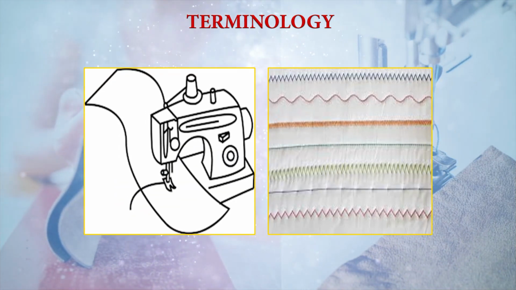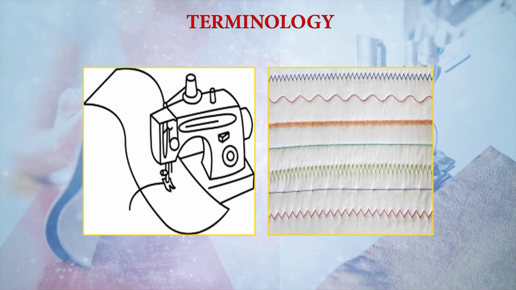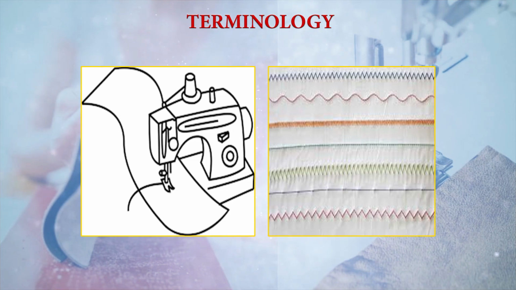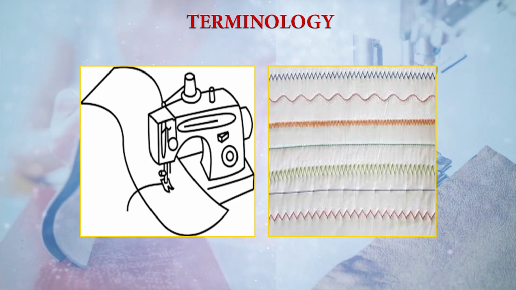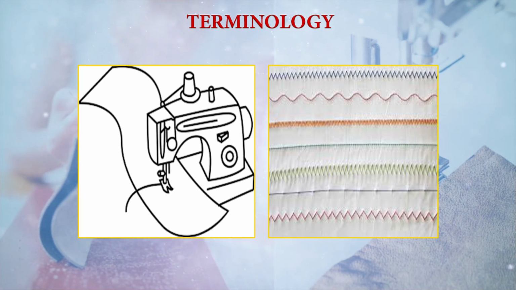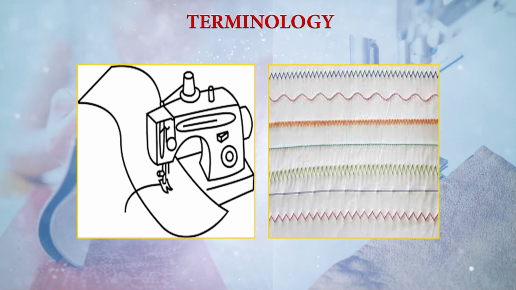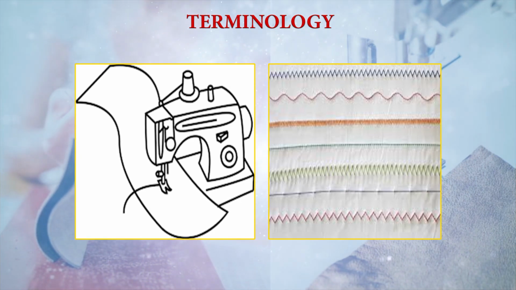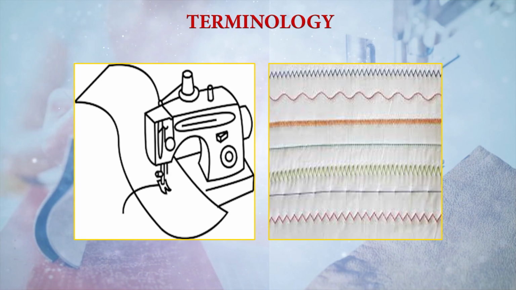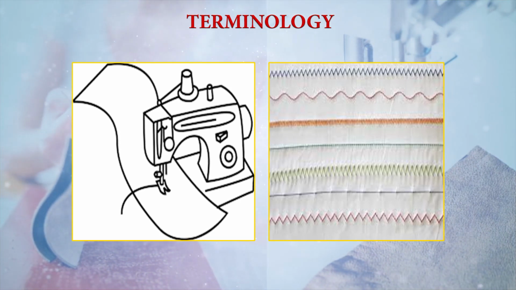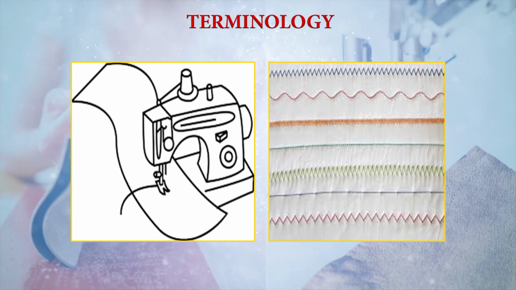So you can see in the image that this is how we perform stitching on the sewing machine, and there are different types of stitches we can have. So this is the process. It is a process of formation of loop on the fabric, which is because of the interaction of thread, pressure foot and the feed dog with the help of the upper thread and the lower, that is the bobbin thread.